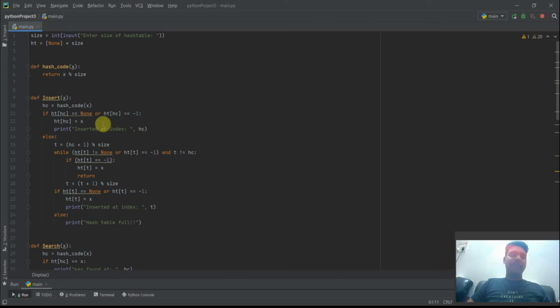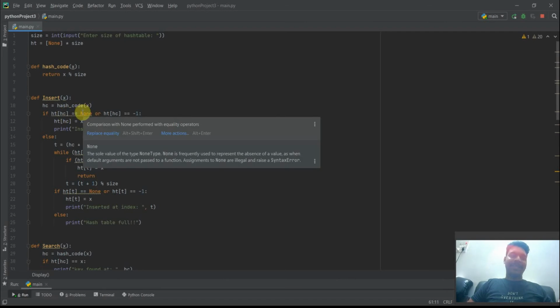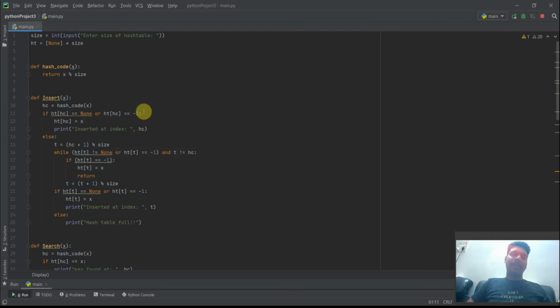So the value we enter will be checked against two conditions: whether the exact index is empty, or whether there is any value. If it is empty, it will be -1 or None. So this will check the condition and place the element there.